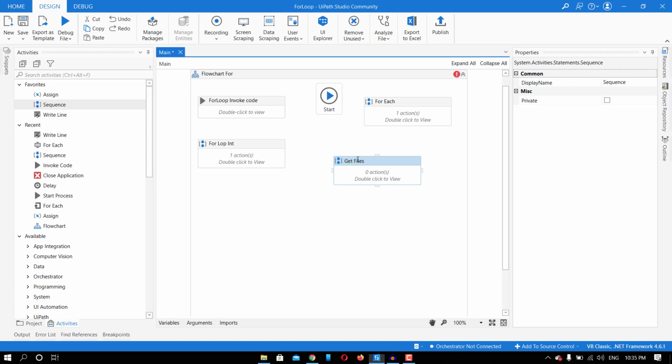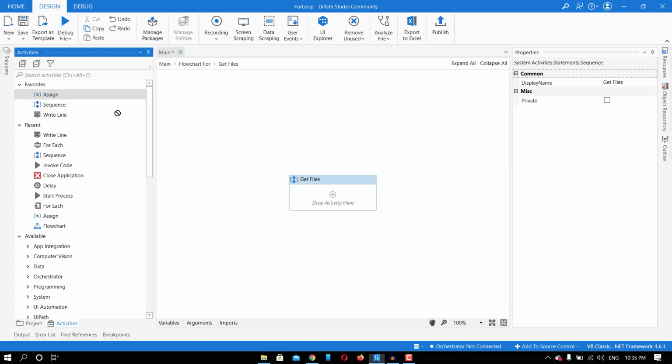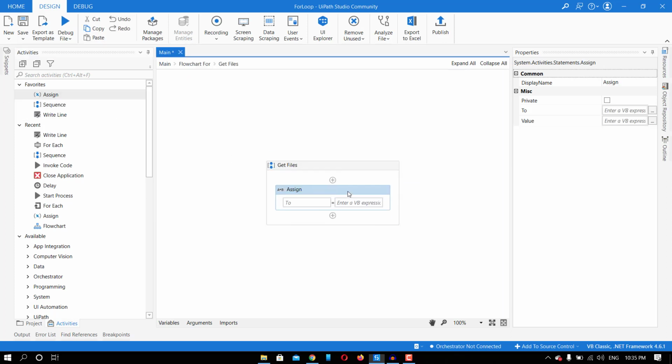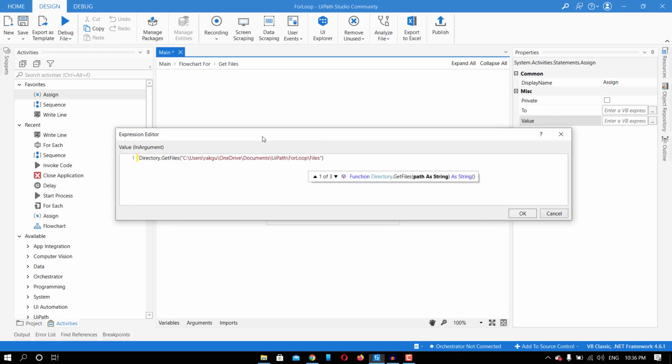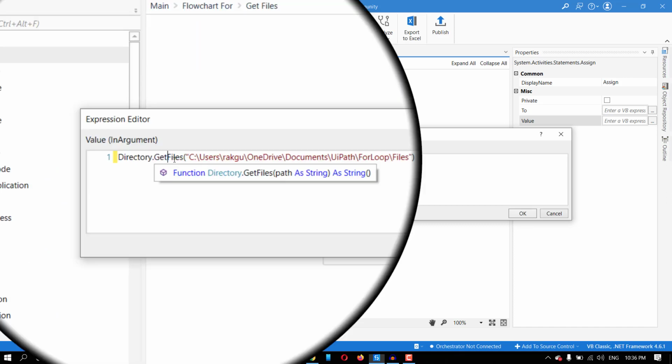So what I'm going to do, I'm going to take an assign activity, and here I'm going to write Directory dot GetFiles. So basically I need files from that particular folder, right? And now here I will define the path. So from this path, this folder, I have to get the files. And if you mouse over here, you can see that it's giving me an output of array of string, right?